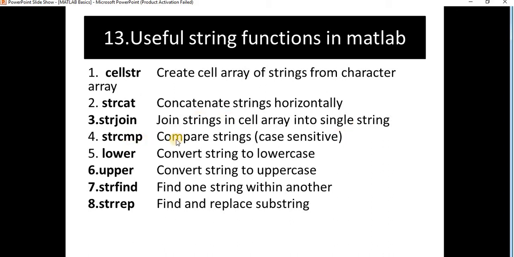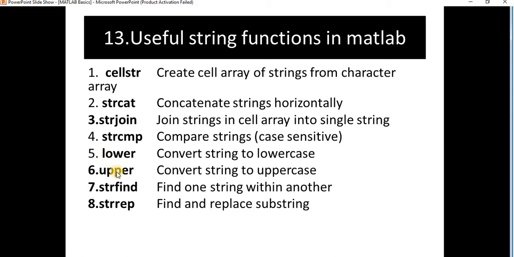Okay. strcmp, it will compare the strings. Okay, it is case sensitive. Next, lower, it will convert the string into lower case. upper will convert the string into upper case. A group of characters is nothing but a string, no. So if you use the command lower, or if you use lower as a function, it will convert the string into lower case.